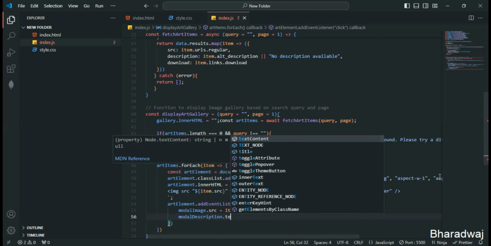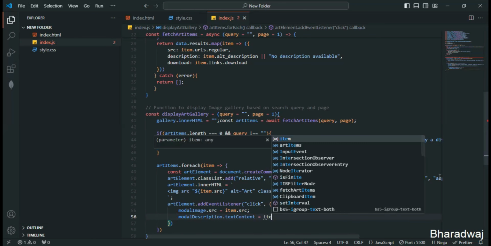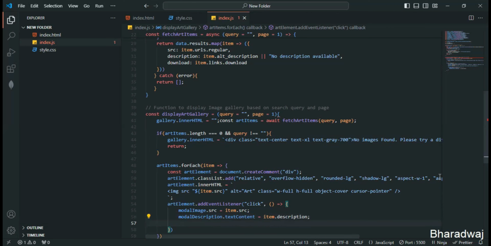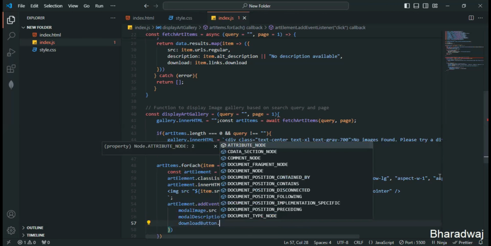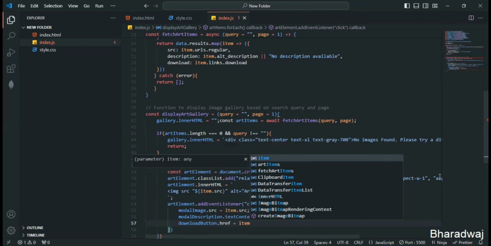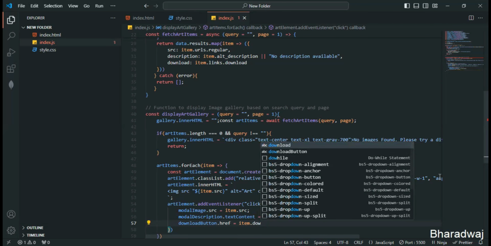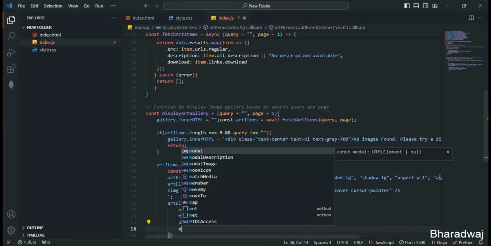Modal description, text content, item.description. Also download button. So I'll just give item. Sorry, this is not document basically. This will be download. So finally,